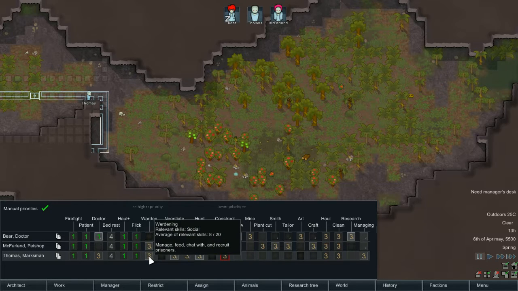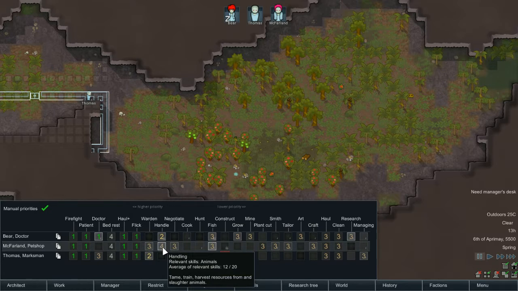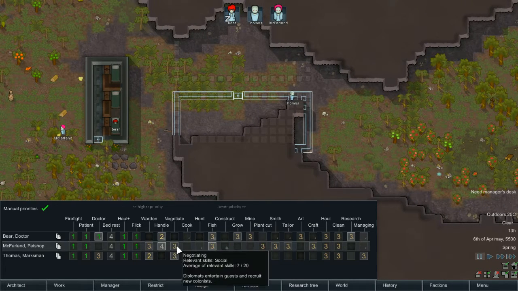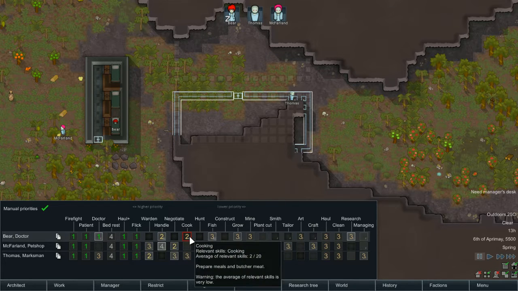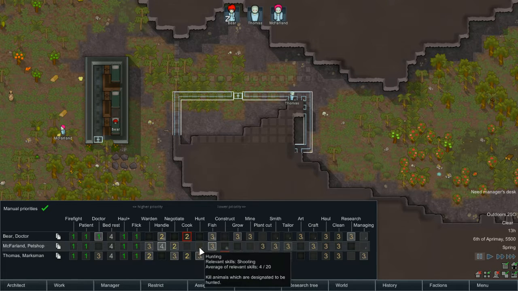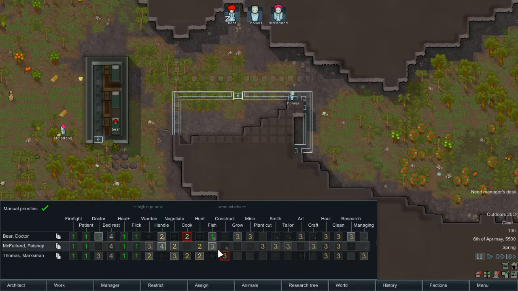Wardening, 7 out of 20, 8 out of 20. You're going to be a slightly higher warden. You are going to be handling animals quite a bit. Holy shit. We have some very empathetic androids with us. I am slightly surprised. Cooking. I don't know if androids can get food poisoning, but just in case they can. Fishing, I don't think is going to be very important, but that being said, I'm still going to... Ooh, someone has a...